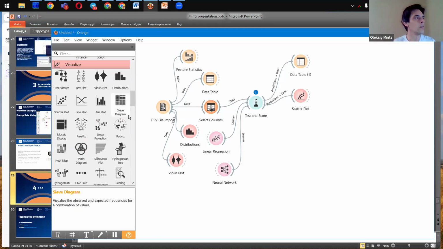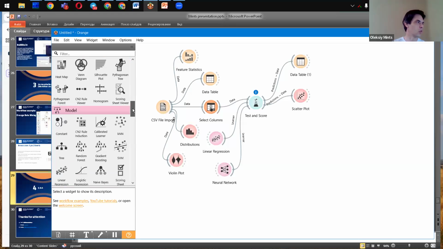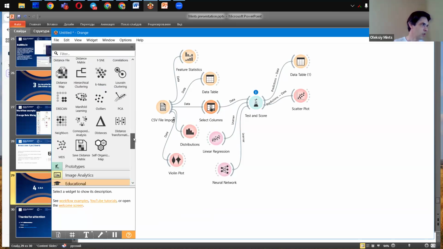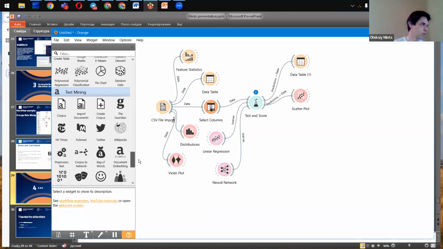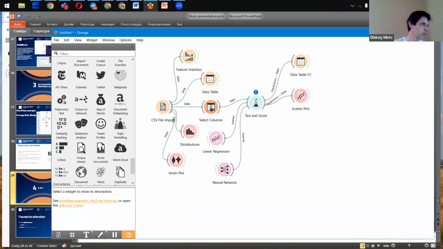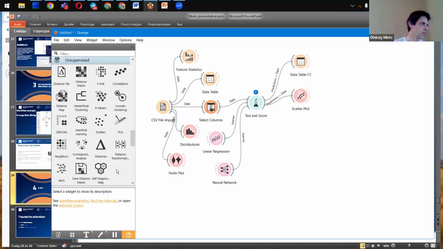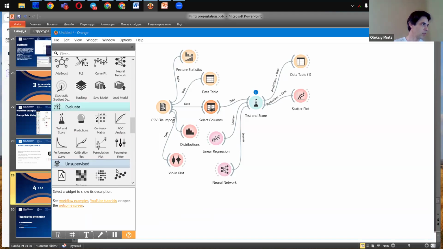Thank you for the question. Now I show the Orange window again, and you may see the actual set of models. This is the set of models implemented in this software. LSTM maybe is for time series data. I don't see where it is.